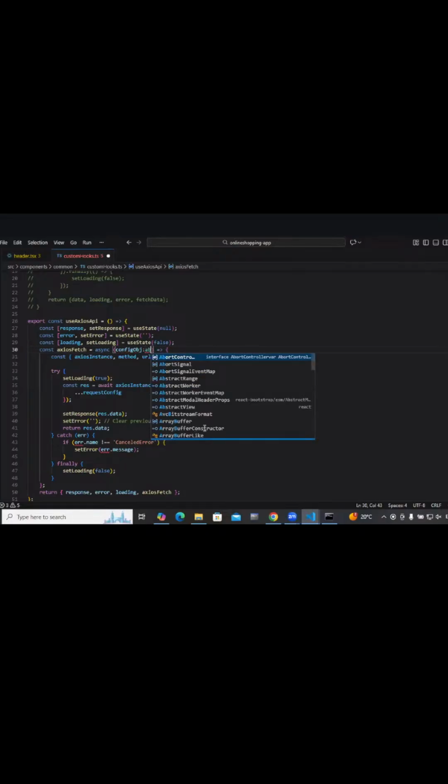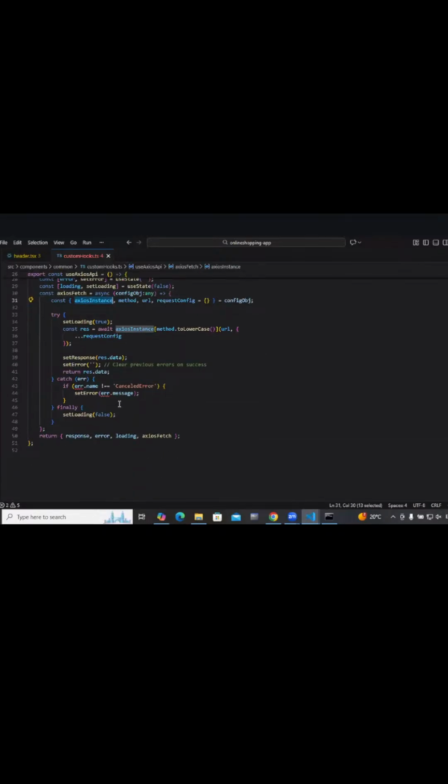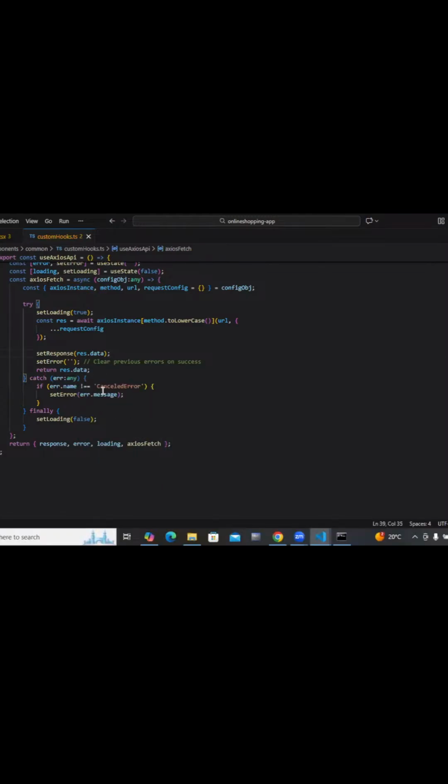Now access.fetch config object. Axios instance method URL. We are going to get this error. Dot name cancel error dot message.